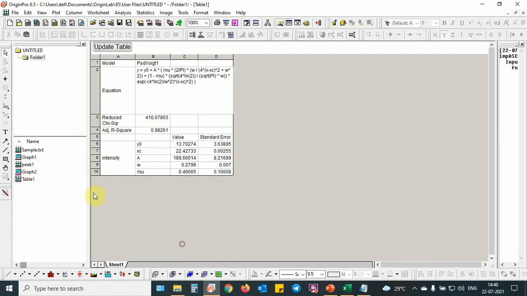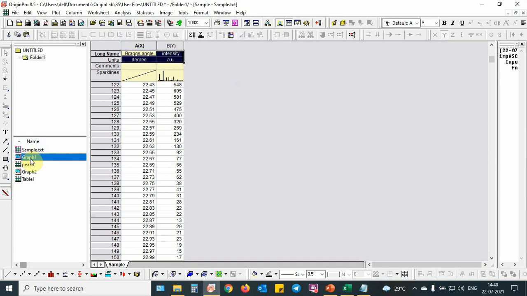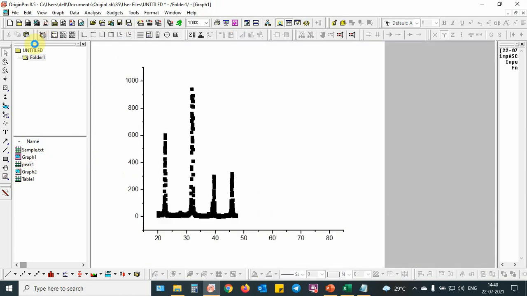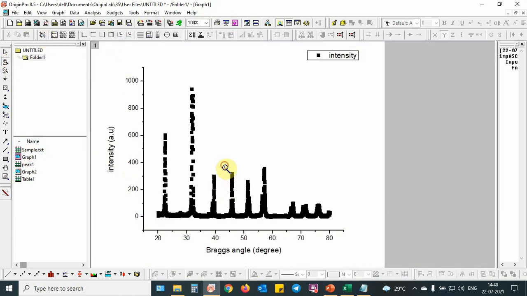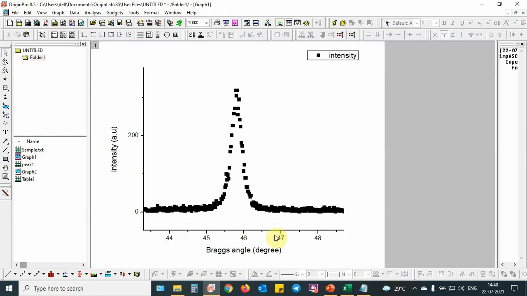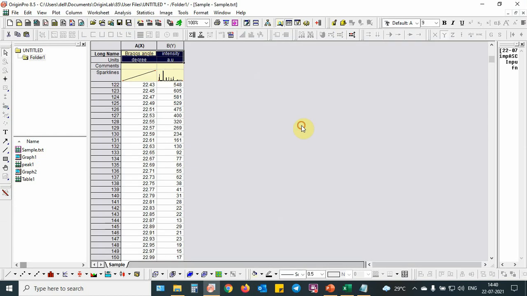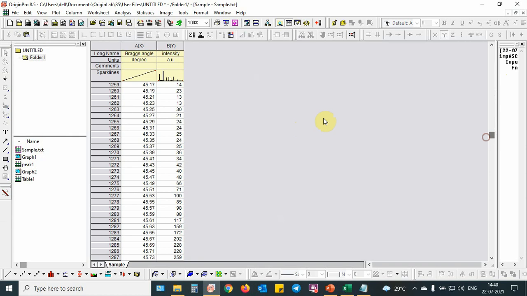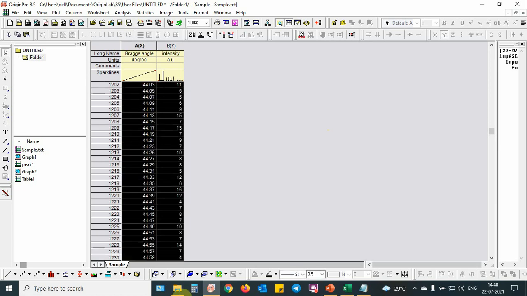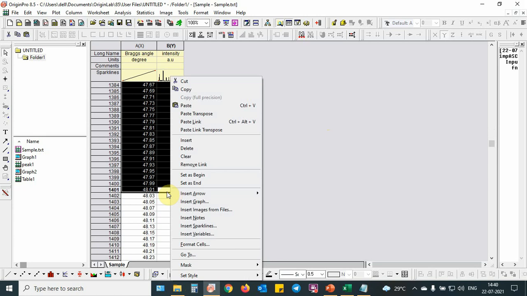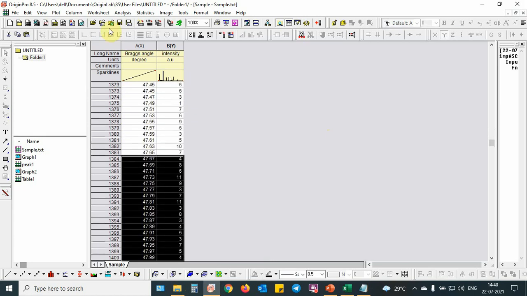In the second peak, we are going to select around 45. So we can select 44 to 48. Yes, 44 to 48 we are going to select.